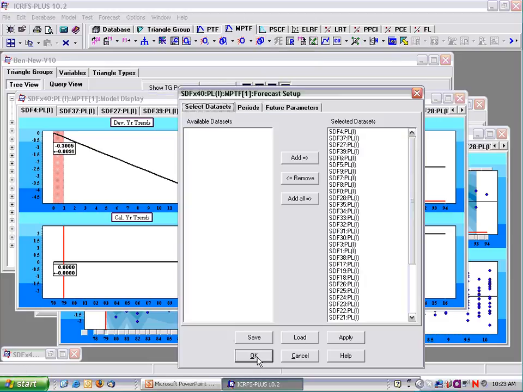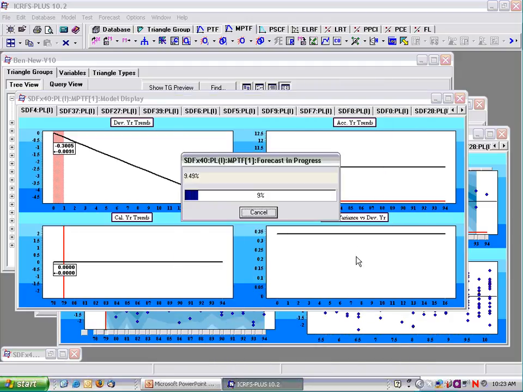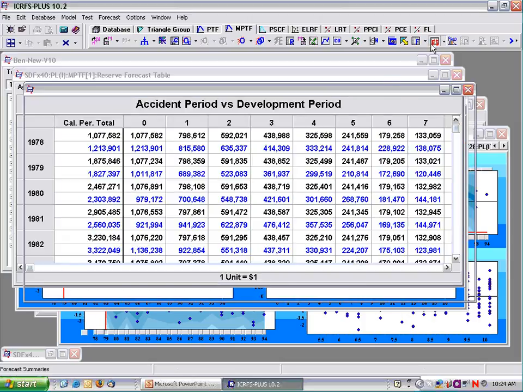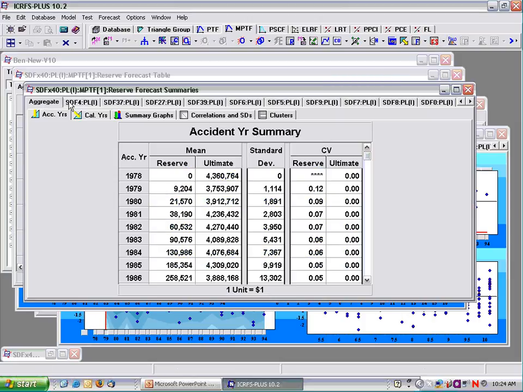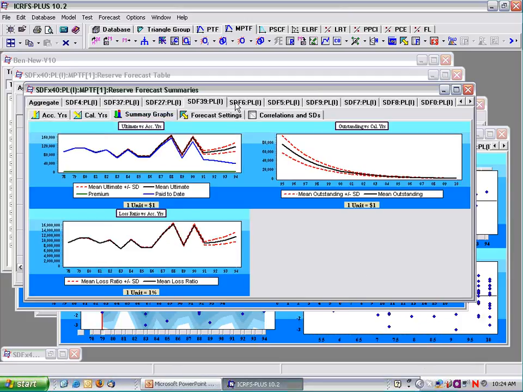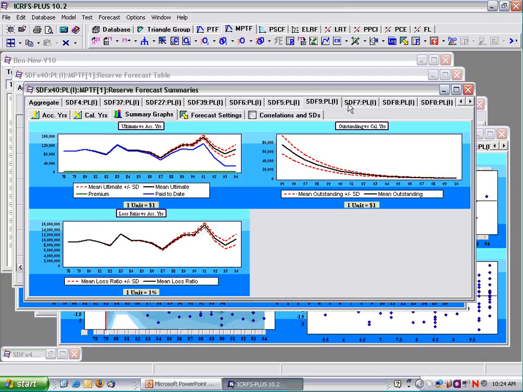If we need to forecast the standard deviation of the aggregate distribution of the 40 lines of business, then we need to keep track of about 14.8 million correlations between all the cells within a triangle and between triangles. So this is quite computationally intensive, and you can see that it is extremely fast. You have your forecast summary, you have the aggregate, each line of business. We could get summary graphs,